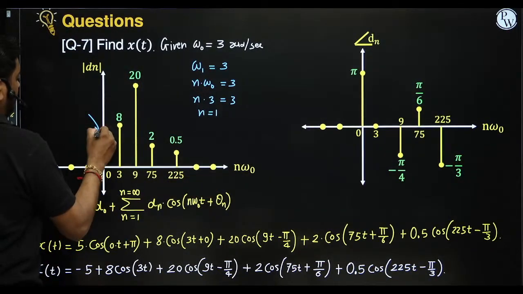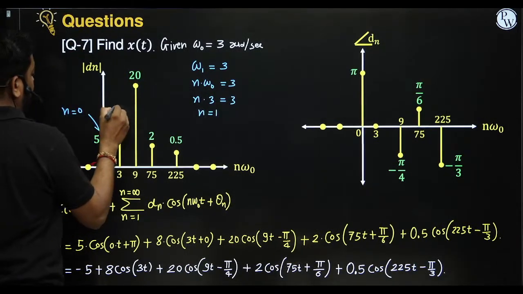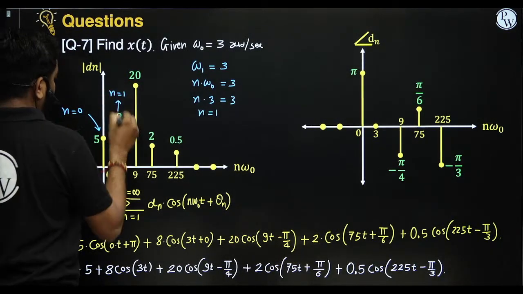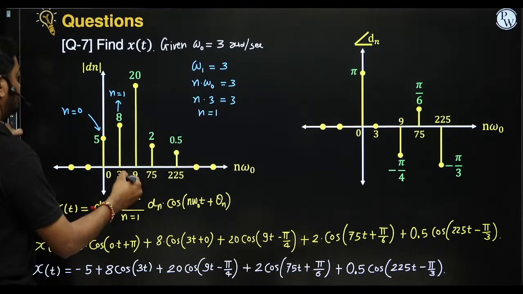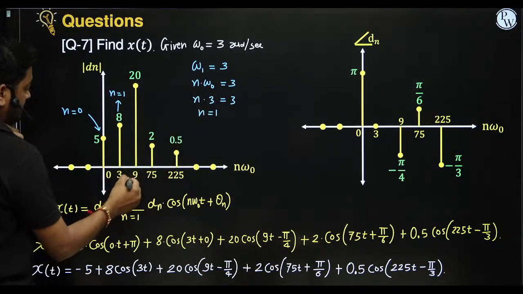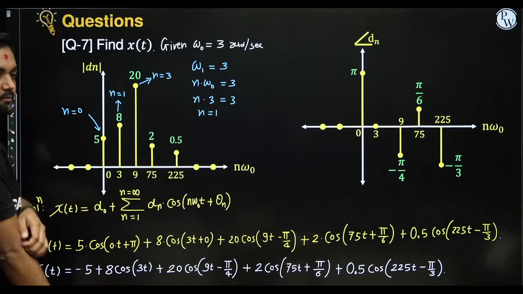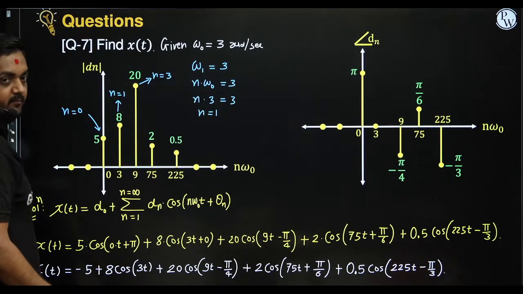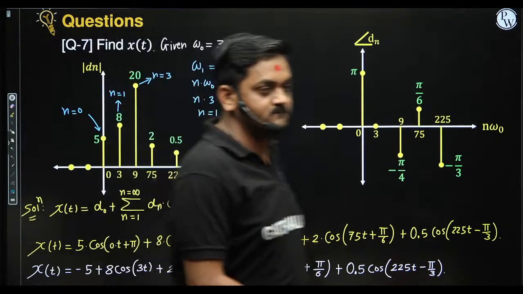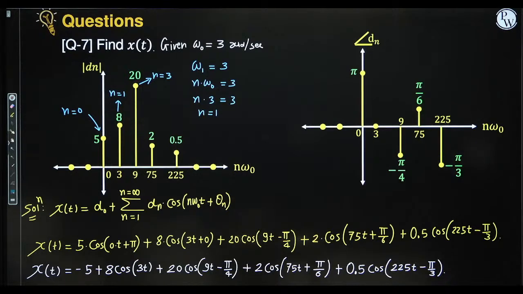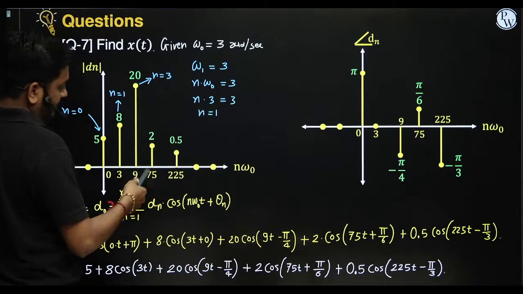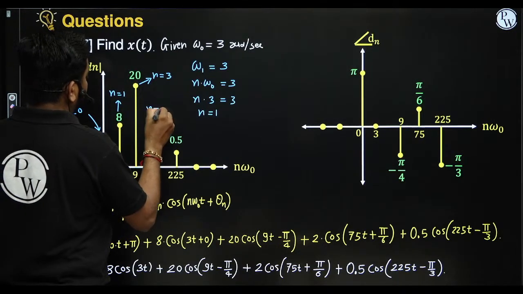So here n is equal to what? This is n equal to 0. Here we got n equal to 1, divided by omega 0. See, 3 by 3 is 1. So the corresponding value of n equal to what? 3, yes or no? Correct. The corresponding value of n is 3. Again divided by 3, so the corresponding value of n is